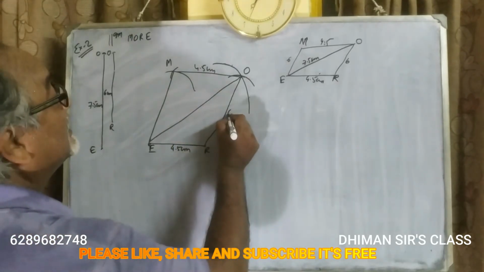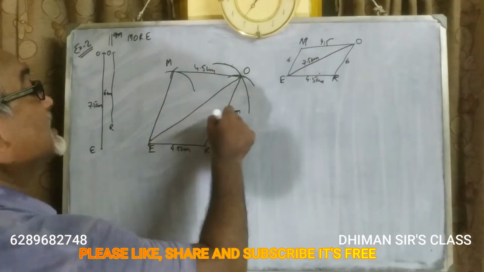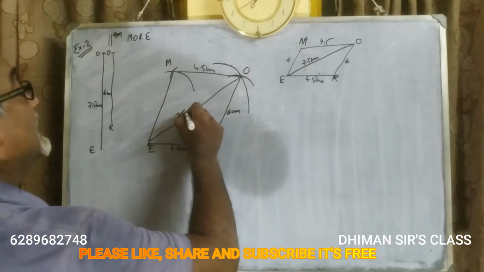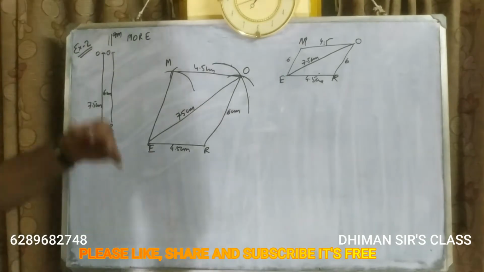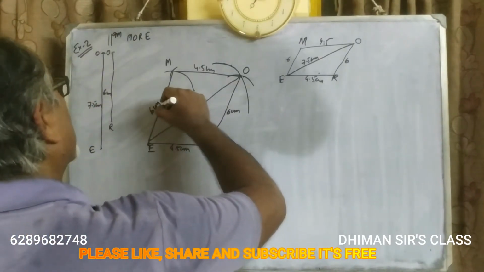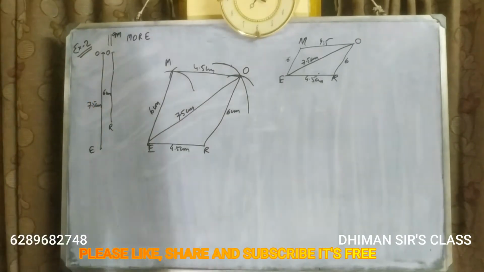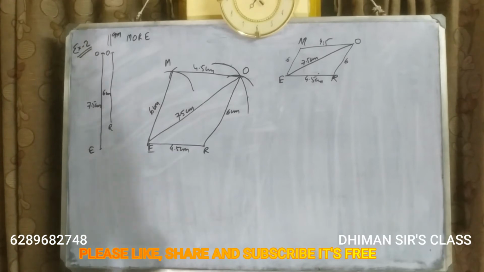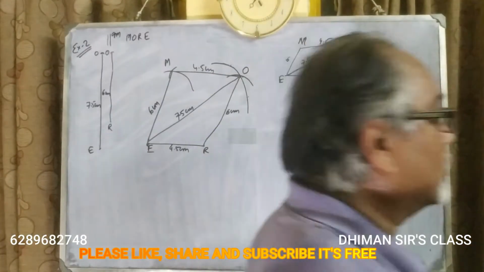So now this 6 centimeter, this was given in the question, so you have to put it, and this one also given 7.5 centimeter. Here you may give, you may not give. So prevention is better than cure. Write down 6 centimeter here also. Got it, students? Now pause this and copy it down.